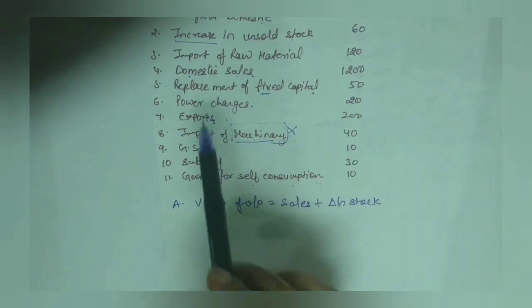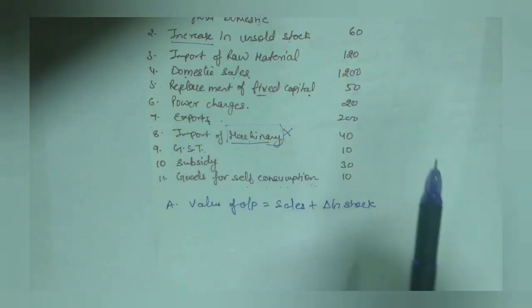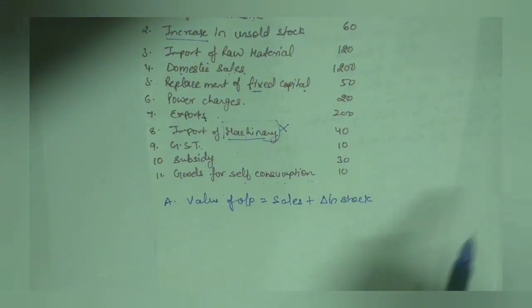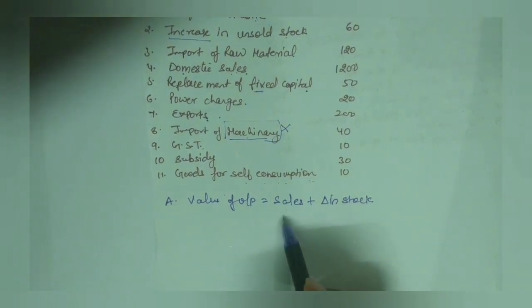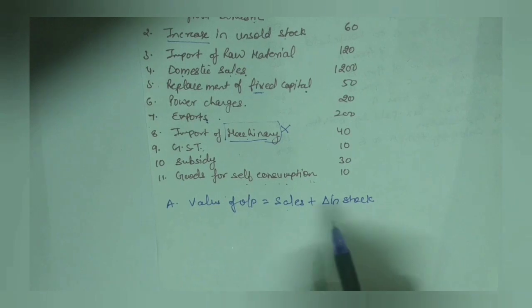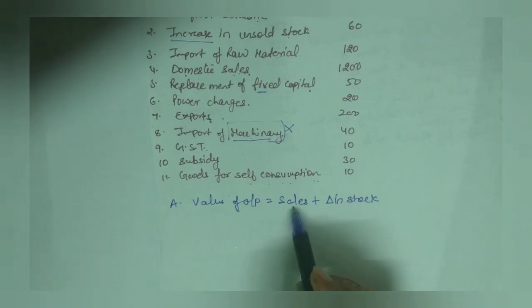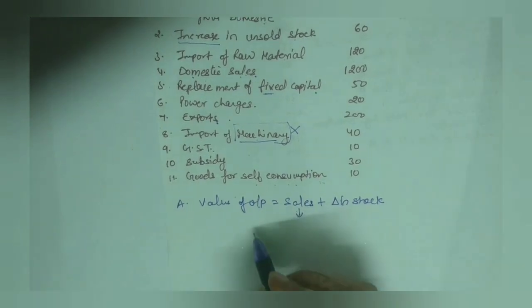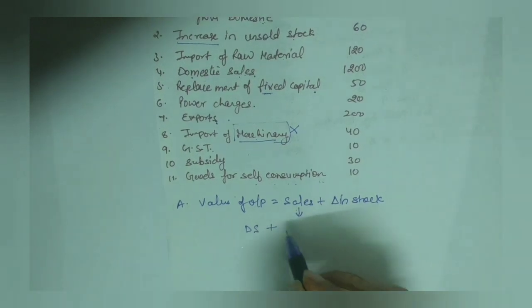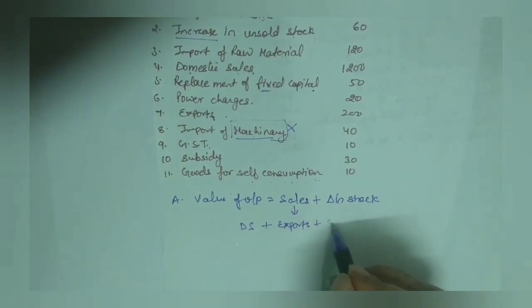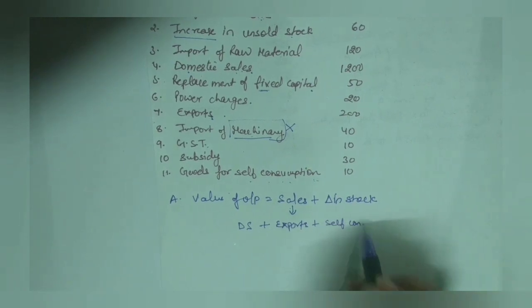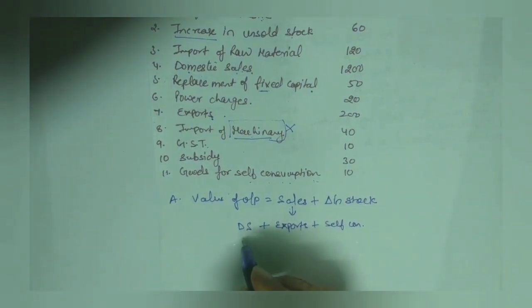If semi-finished goods are there, and we have also given with increase in unsold stock. तो हमें चेंज इन स्टॉक तो लेना ही लेना है. सेल्स का मैंने आपको बताया था, इसके कई पार्ट्स होते हैं, डोमेस्टिक सेल, एक्सपोर्ट्स, प्रोडक्शन फॉर सेल्फ कंजम्पशन एटसेट्रा. सो नाउ योर सेल्स विल बी एडेड इन थ्री फॉर्म: डोमेस्टिक सेल्स प्लस एक्सपोर्ट्स प्लस सेल्फ कंजम्पशन प्रोडक्शन, राइट? सो विल यूज द वैल्यूज नाउ हियर.